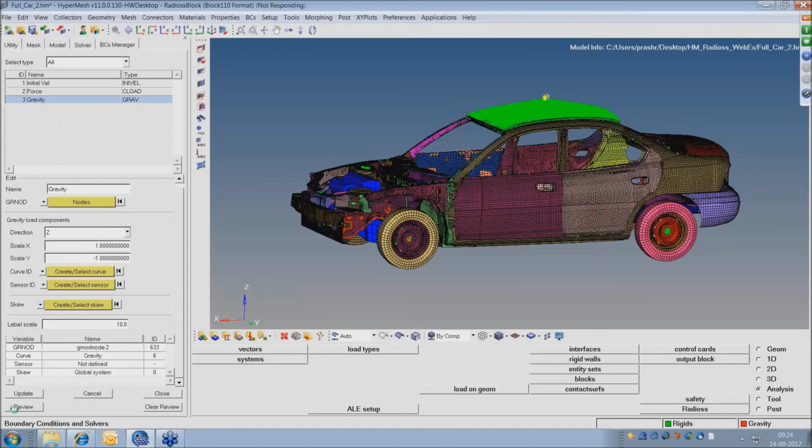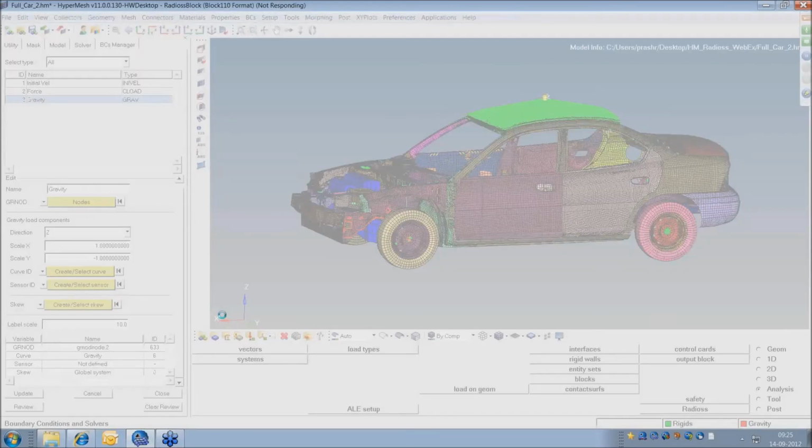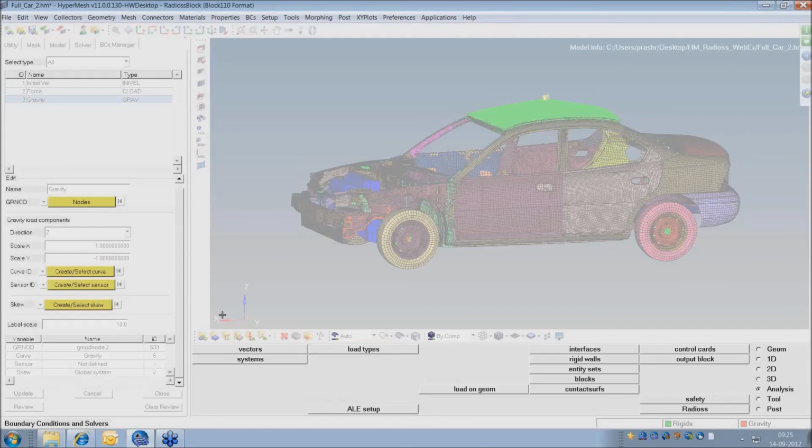Okay, so I have selected gravity. It is updating that load. It is updating on the full vehicle, so it is taking some time.